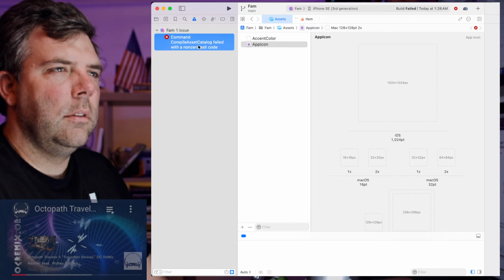All right, compile asset catalog failed, something about an app icon. Are you allowed to use JPEG? Do I need to export it in a, what? Okay, let's see if we can just build it now. Build success. And installing onto the iPhone. Okay, so apparently